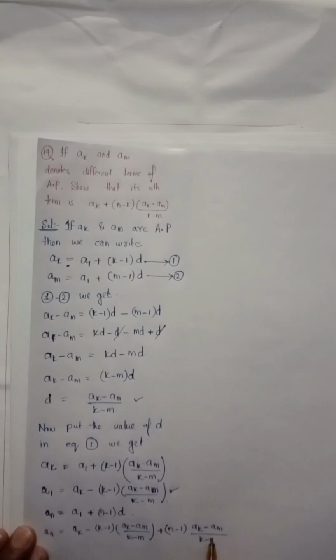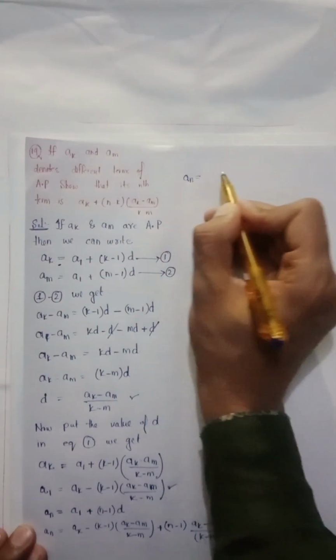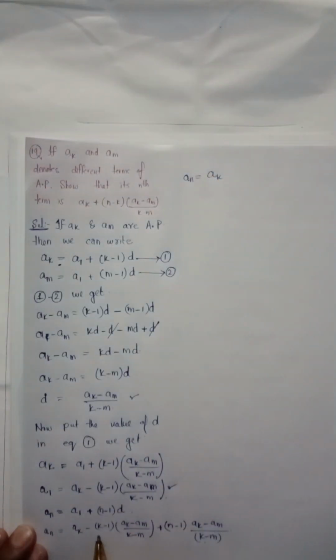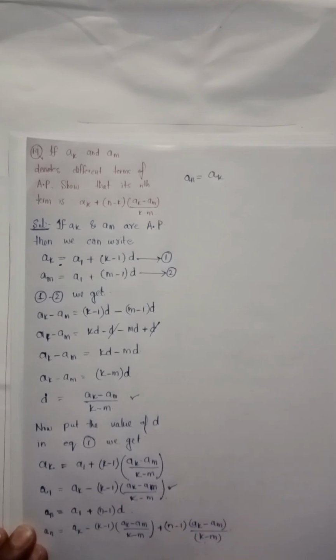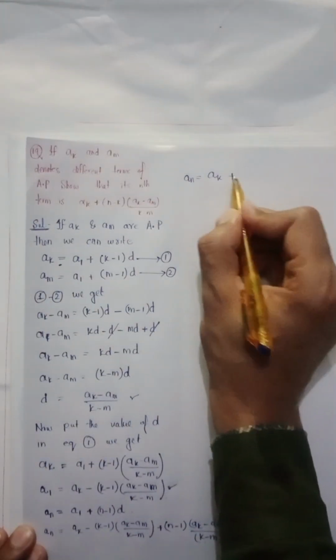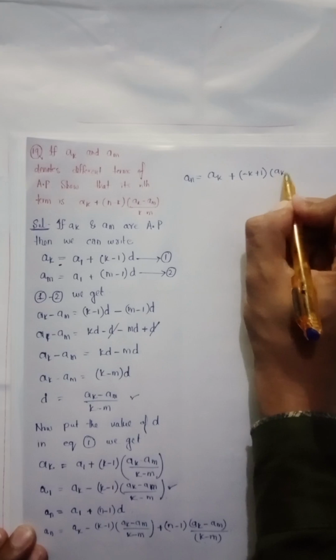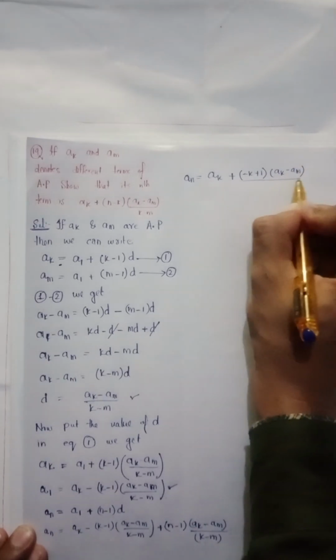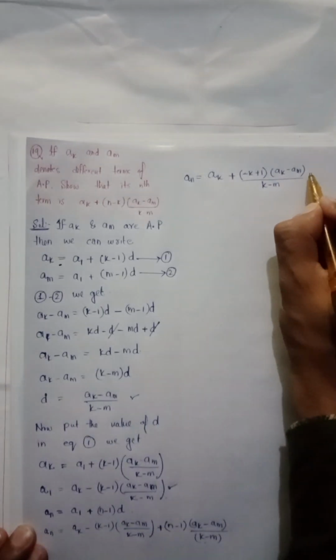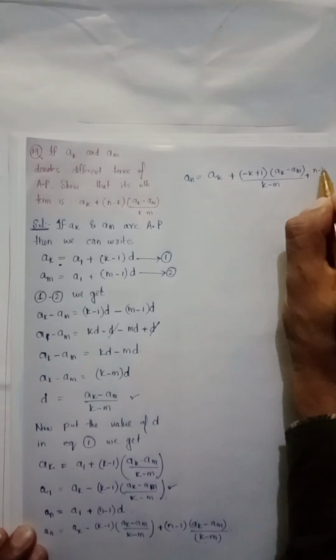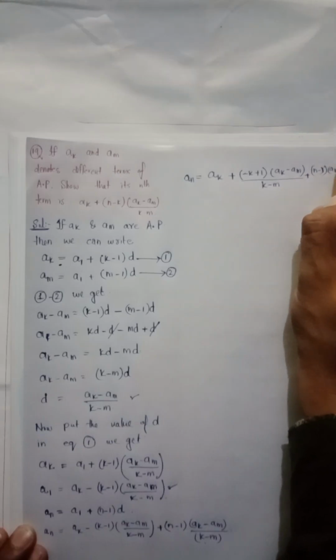Now by rearranging this we get a_n equals to a_k if this minus multiplied with this term, इधर प्लस आ जाएगा और ये जो माइनस के प्लस वन बन जाएगा। अंदर रह गया a_k माइनस a_m और डिवाइडेड बाय k माइनस m प्लस n माइनस वन इंटू a_k माइनस a_m डिवाइडेड बाय k माइनस m and a_n equals to